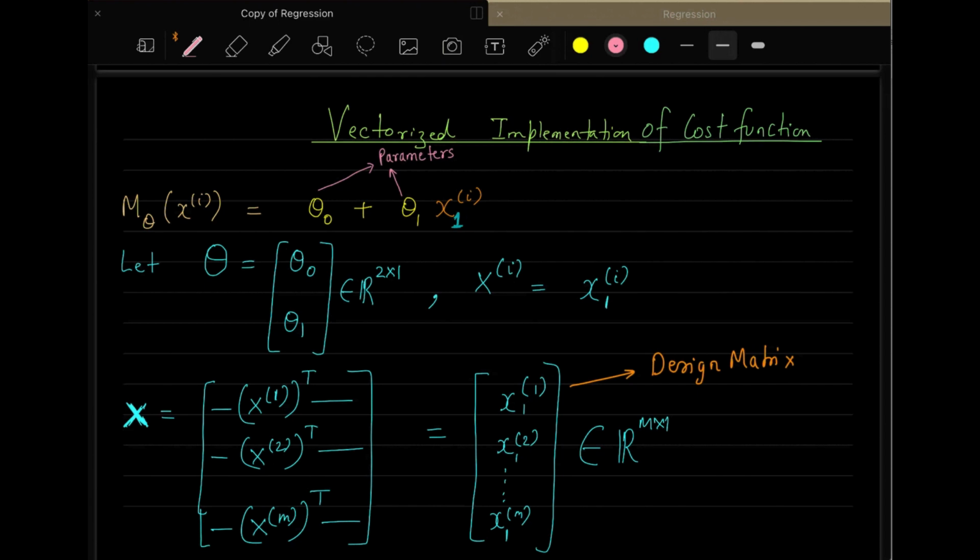So here you already know this expression. This is the model that we have created. And please note, I am writing it as m subscript theta of xi. This theta, which I am writing in the subscript, is a tunable parameter, which you now know will be tuned according to the data set, and it takes xi as the argument, and this is the model m. This is the representation that I am using for any model, maybe a nonlinear model or any model which we will discuss later. I will always represent it by m theta xi. So this is theta 0 plus theta 1 xi.